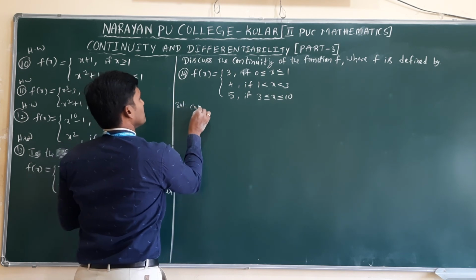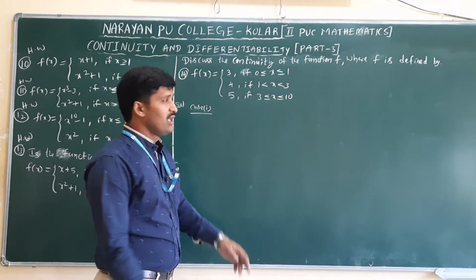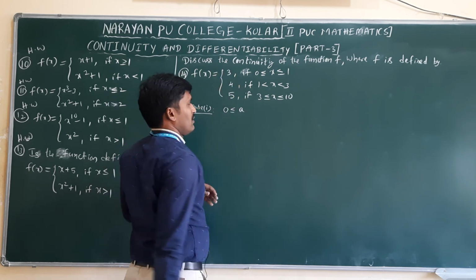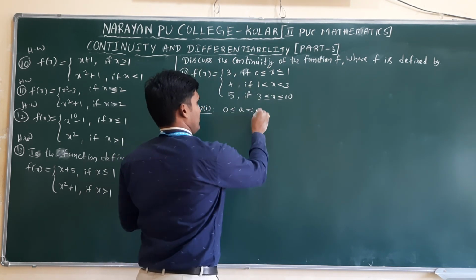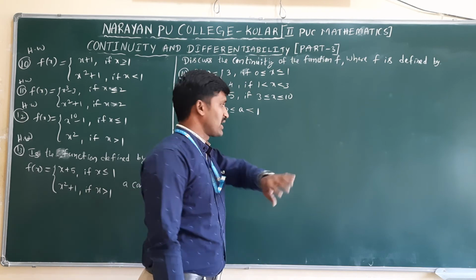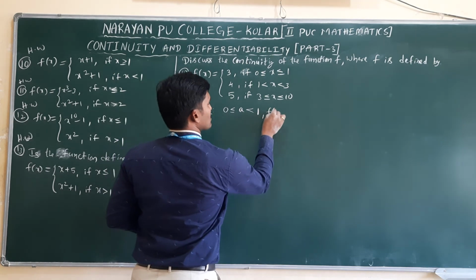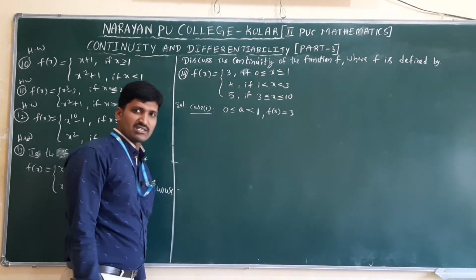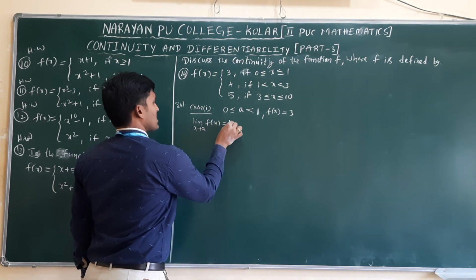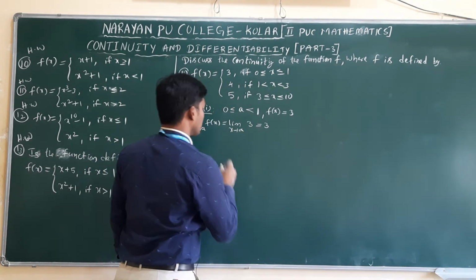Case 1. Separately I am not taking x equal to 0 and x greater than 0, it is not required. I am taking a single case: 0 less than or equal to a, less than 1, because at 1 there is less than 1, equal to 1, and greater than 1 also. That's the condition. So 0 less than or equal to a less than 1. Here I have only a single function, what single function? 3, constant. Same, limit x tends to a of f of x equals limit of 3, that is equal to 3.